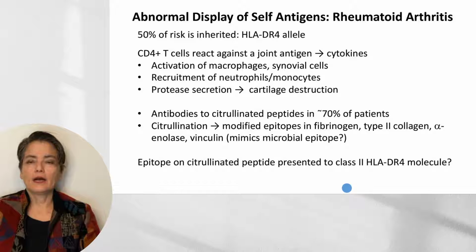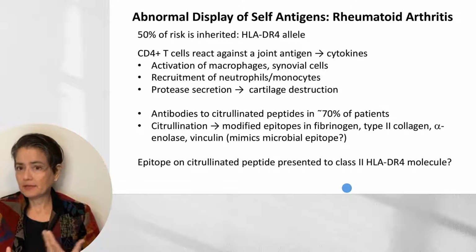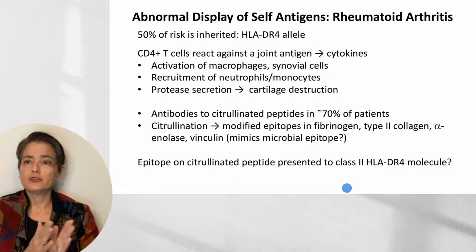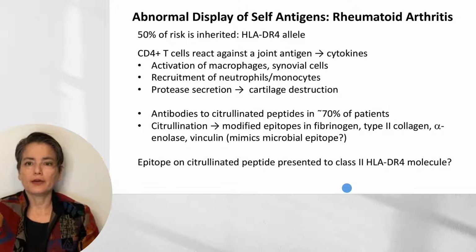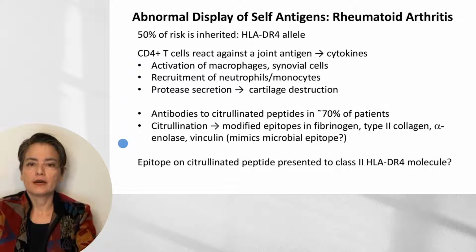So let's begin to look at the mechanisms that we've just discussed, and let's look at them in the context of disease. So let's begin with rheumatoid arthritis, which is characterized by the abnormal display of self-antigens. So we know in rheumatoid arthritis about 50% of the risk is inherited and is associated with the HLA-DR4 allele. And as I've mentioned before, there's an entire video just on rheumatoid arthritis and osteoarthritis, so this is an abbreviated